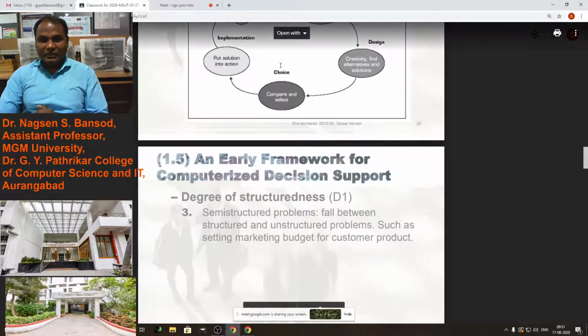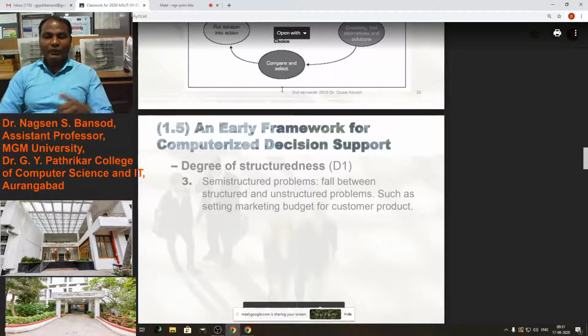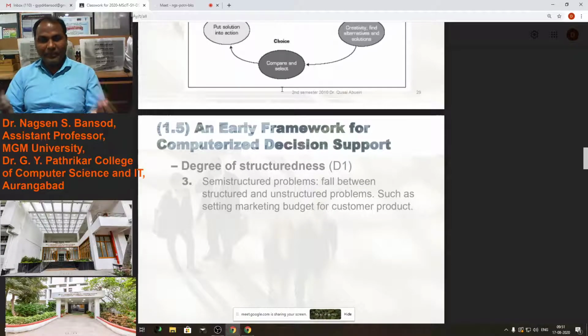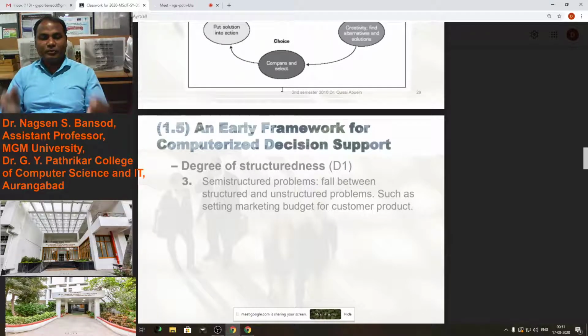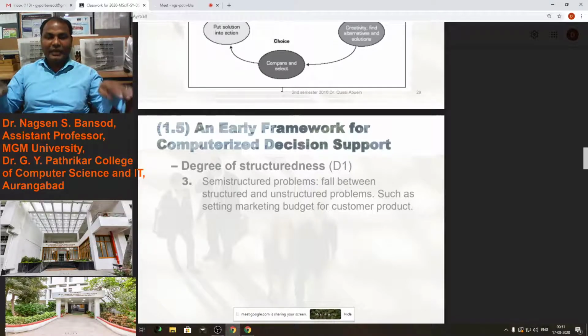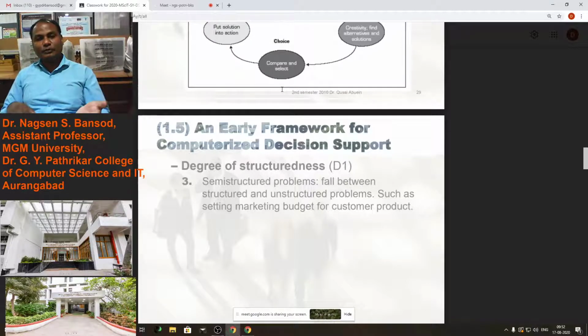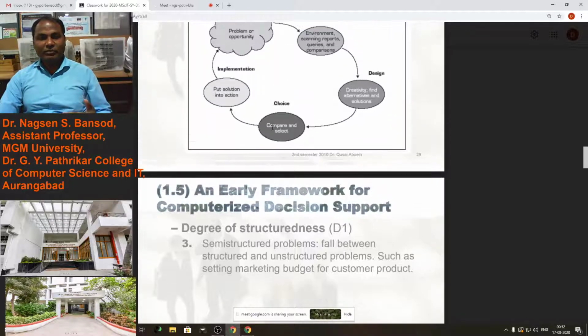For that, choice is there. You have to select many models, previous models, meaning 4 or 5 models of a business you have to select and compare, and whichever is the better one should be selected for that particular business. Then that business will grow, that business will be more profitable.